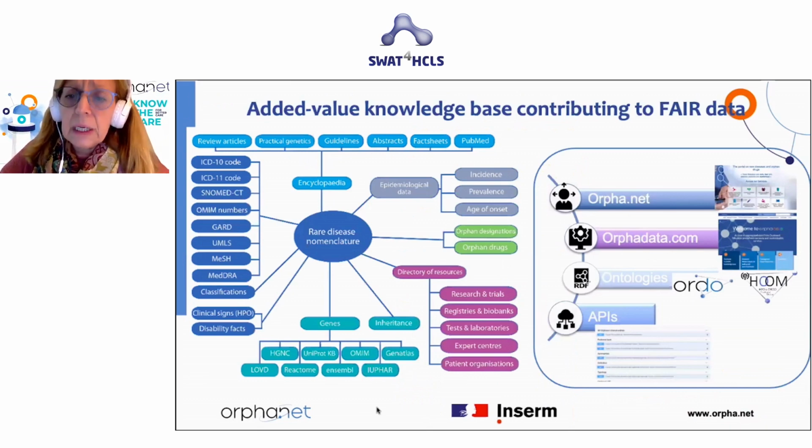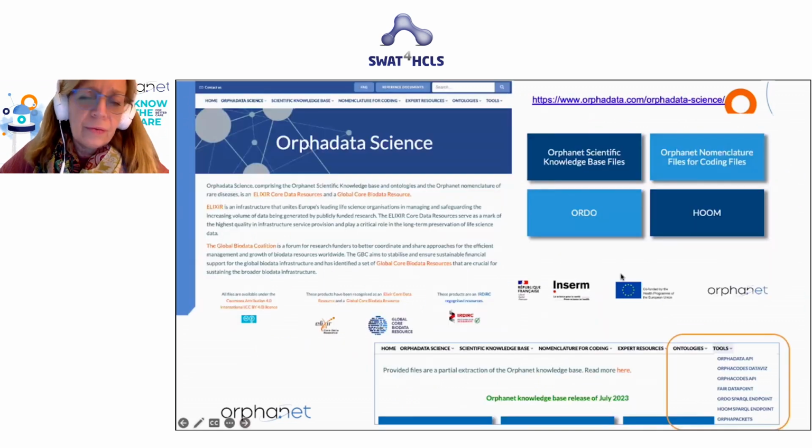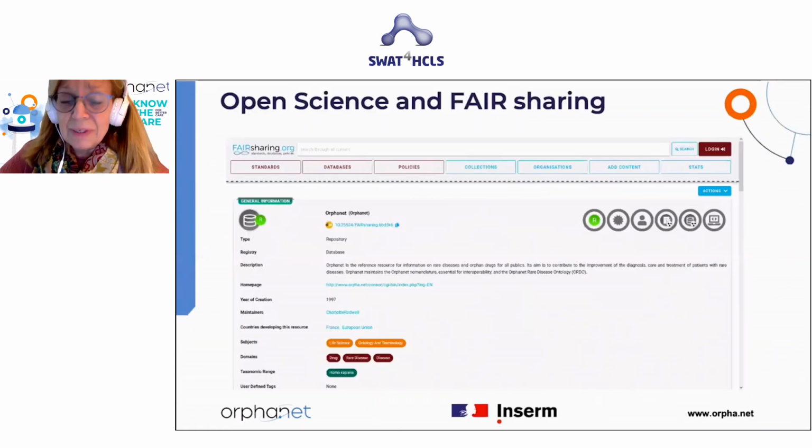But it is aggregated in reusable ways through an ontology, ORDO, the Orphanet Rare Disease Ontology, and an ontological module bridging together two ontologies, ORDO and HPO, and then through a series of data files, formats, and tools, making all the content of this huge knowledge base reusable for researchers, for the industry, and also by the health systems